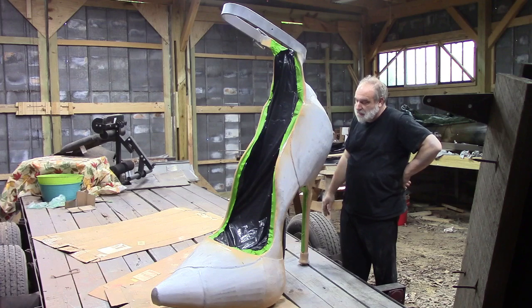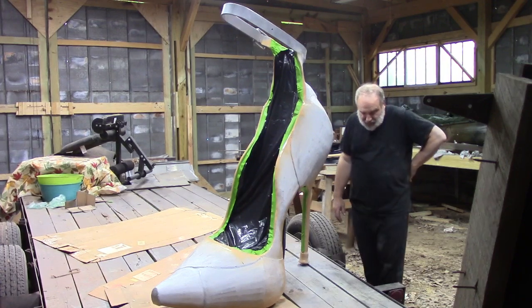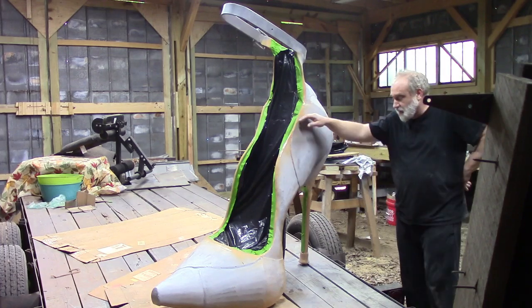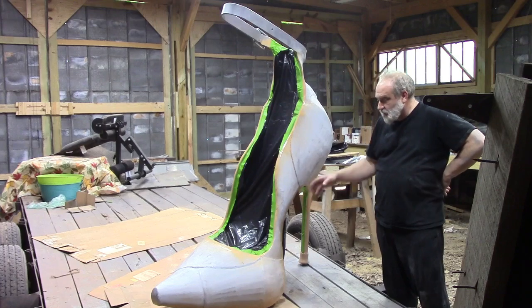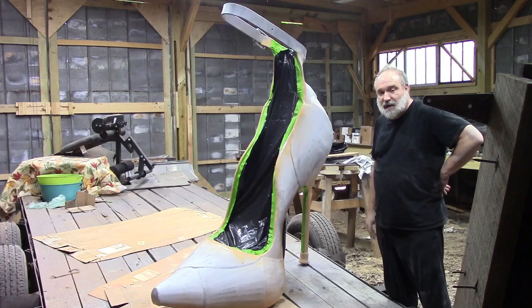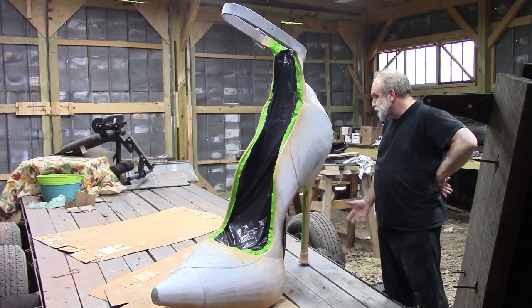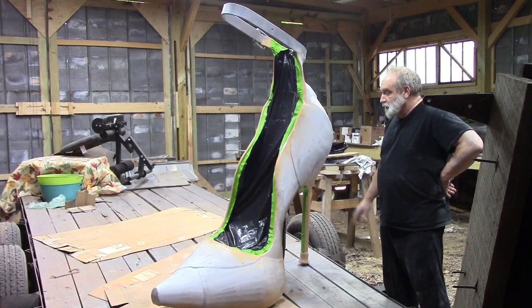I guess I'm asking a whole lot. But we've got this primed. We've painted the inside of it and the bottom of it. It's finished color, and now we've masked it off, and we're going to paint the outside color. And so we're going to give that a whirl. But